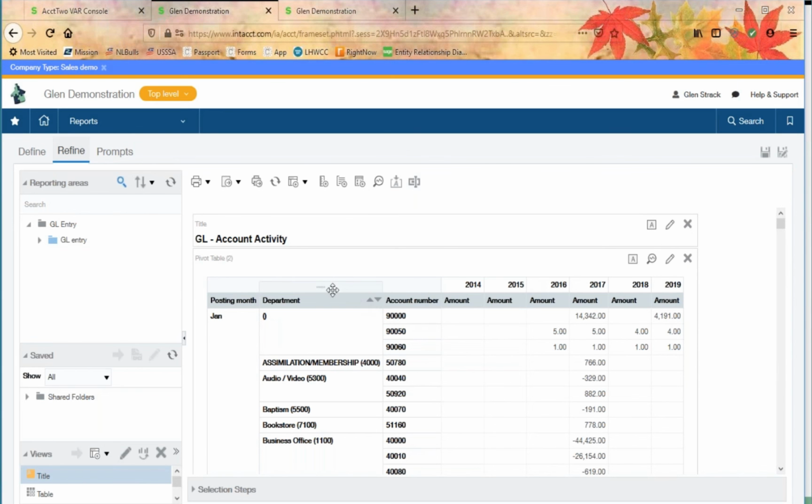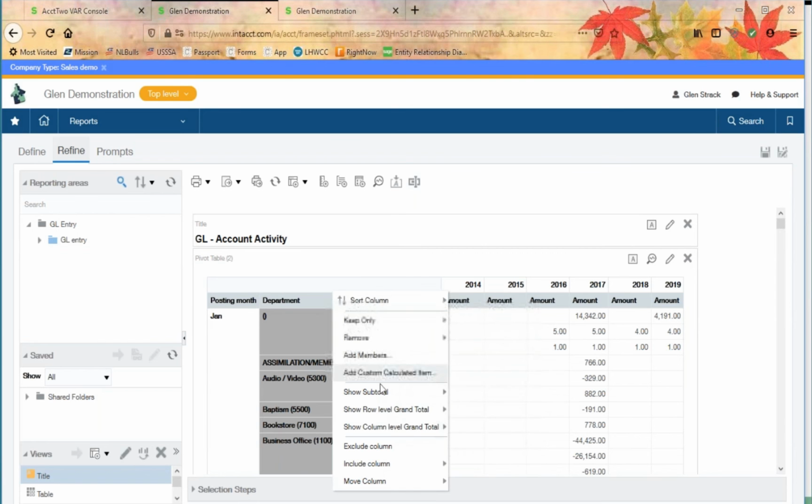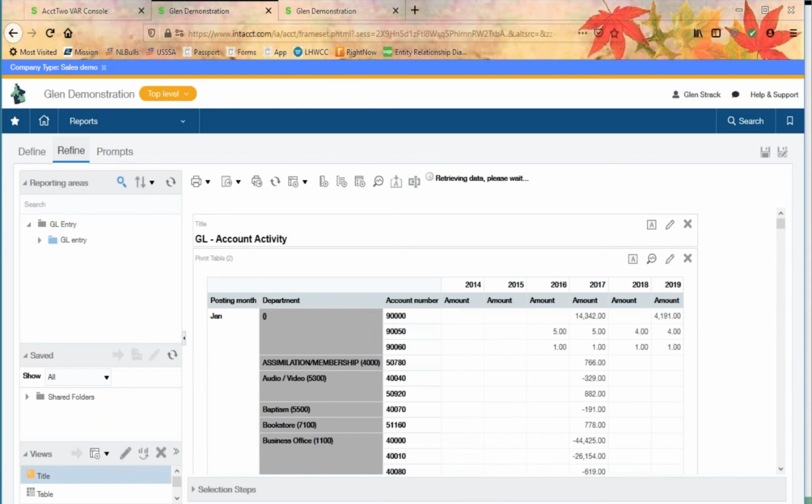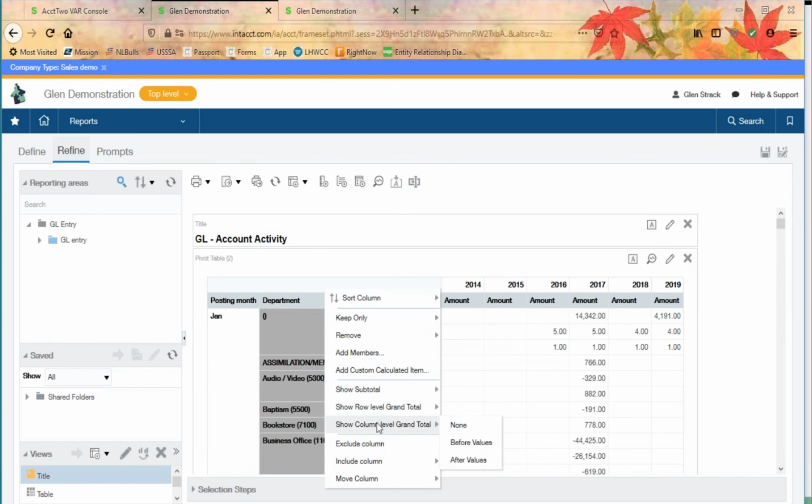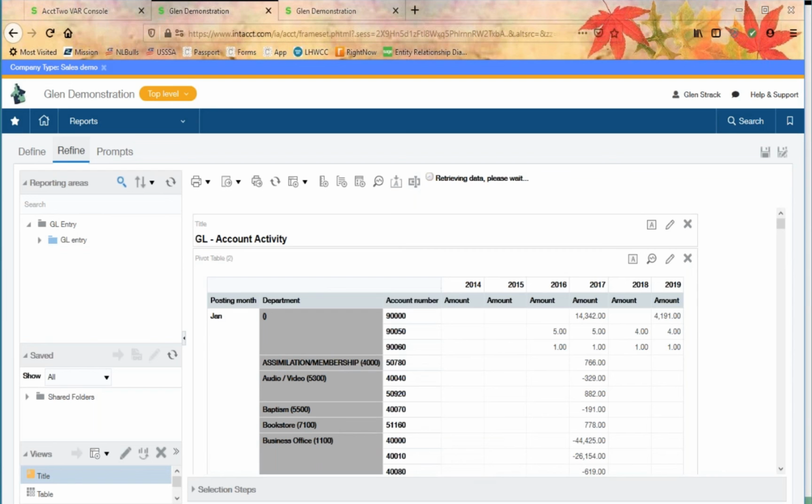And in here, we can add, we have ways to filter top or bottom. We can create subtotals and grand totals, but let's create a row total after the values. And let's create a column totals after the,